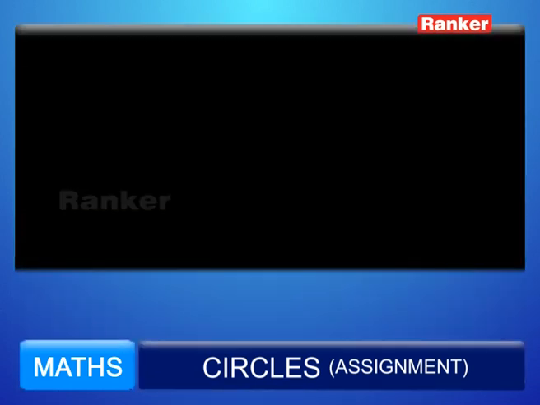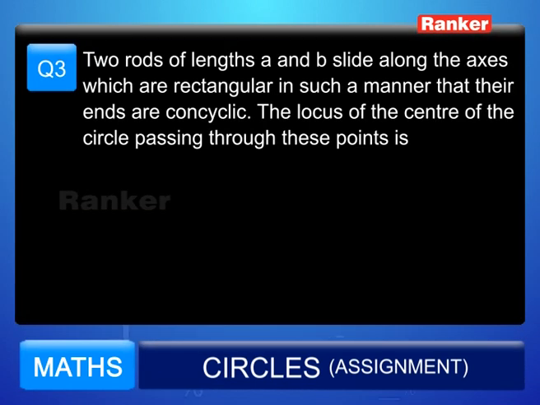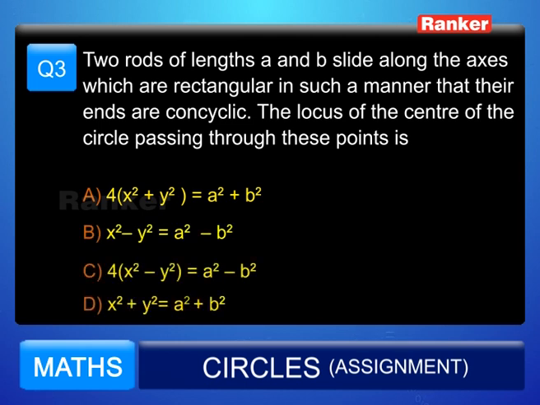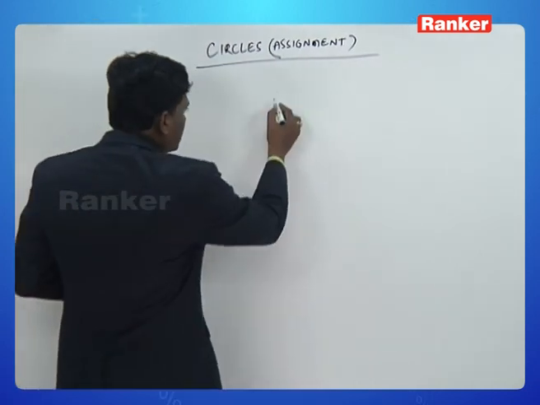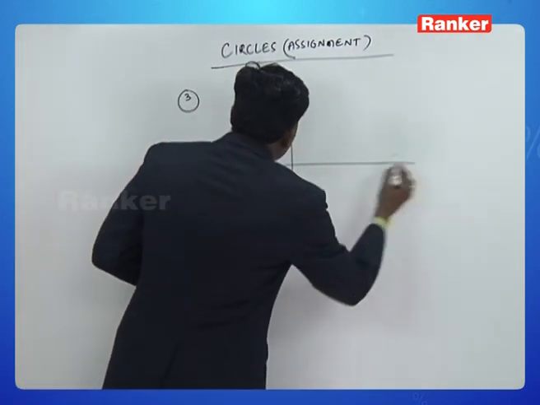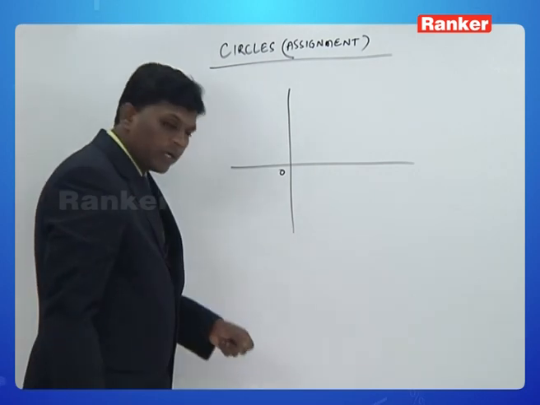Coming to the third problem, according to the given question, there are two rods of lengths a and b which are sliding along the coordinate axes, which are rectangular, in such a manner that their ends are always concyclic. Then the locus of the center of the circle passing through these 4 points is dash. To solve this type of question, as per the given conditions,